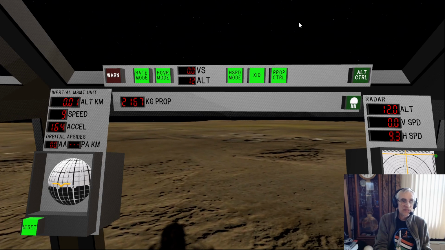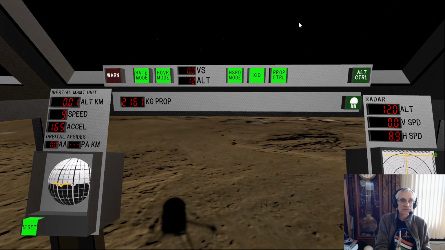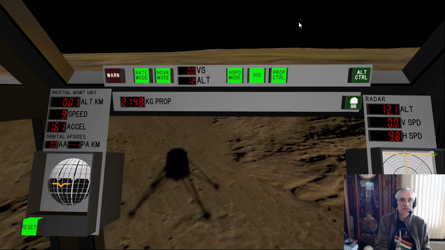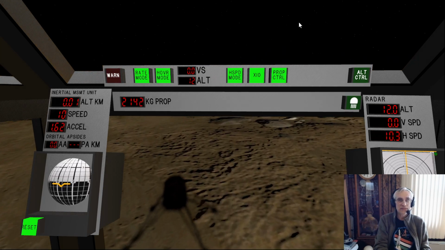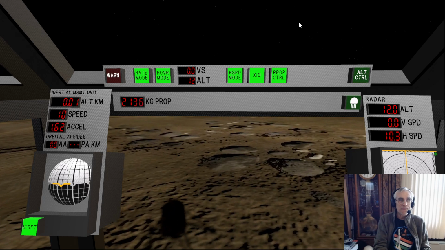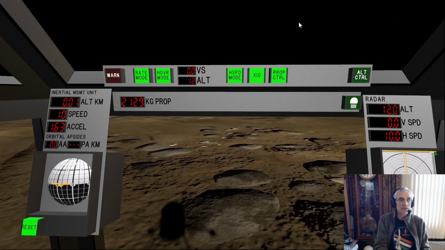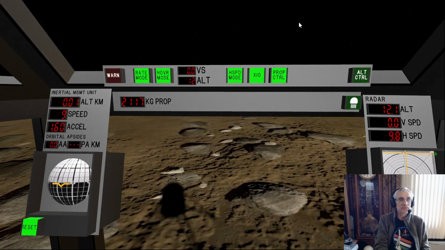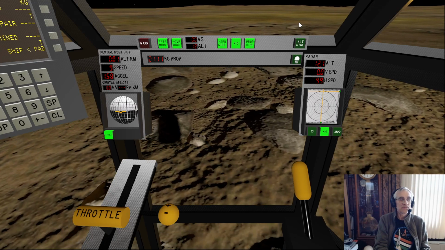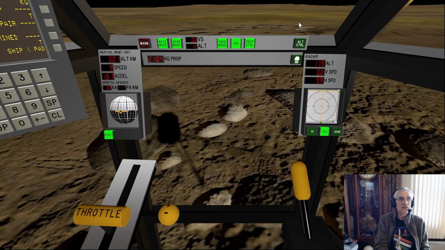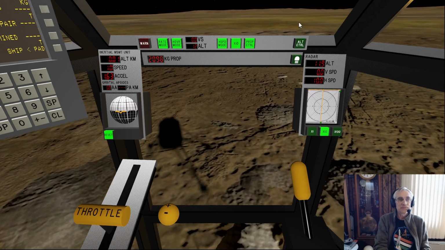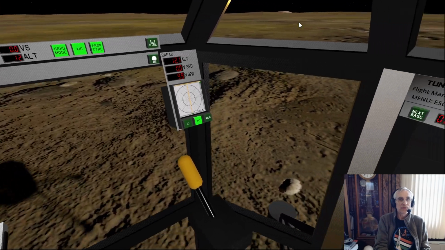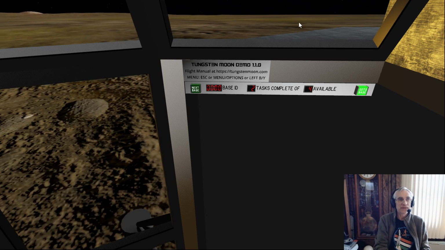You notice once I get up to speed, I'm at 9.5, 9 point something meters per second horizontal speed. Once I get up to speed, I'm going to hold my joystick at 10 like this. The autopilot will take out all of the bank. So now the autopilot says wings level, so to speak, and we'll just continue to fly along at 10 meters per second. We don't need to apply any further bank. If I go look over there, you can see we're perfectly level right now.